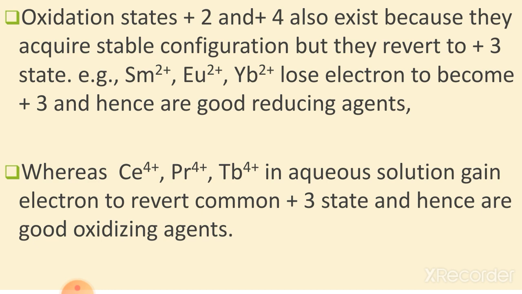So Ce4+ is more stable. This is due to noble gas configuration. Eu2+ is more stable. This is due to the 4f7 electronic configuration, that is half filled electronic configuration. For students, stability also depends upon vacant, half filled and fully filled f shells. So these are basically all the things about oxidation state. This is very important from the examination point of view.